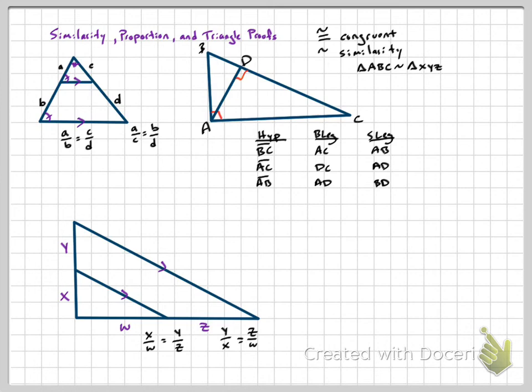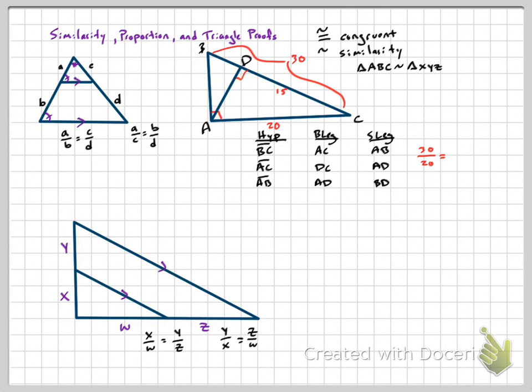Because like I said, guys, eventually there's going to be a problem like something like this where you're going to know, like, this is 20, this length right here is 30, and then this length is, let's see, long leg, hypotenuse, 15, something like that. And so you have to think, okay, well, I'm looking at lengths from the big triangle and the medium triangle. So the big triangle's hypotenuse is 30, the medium triangle's hypotenuse is 20,